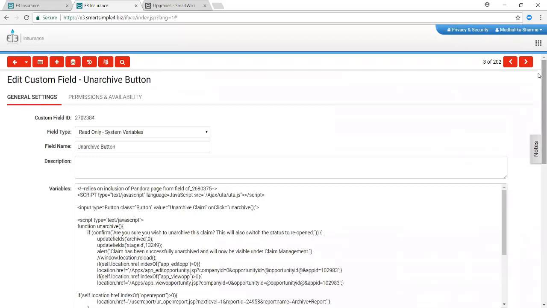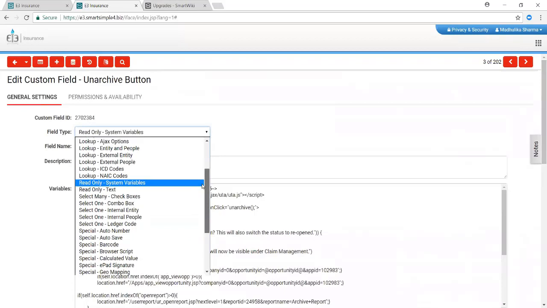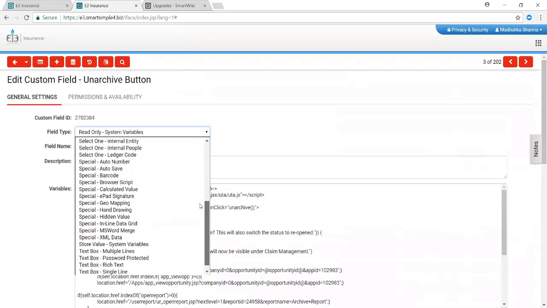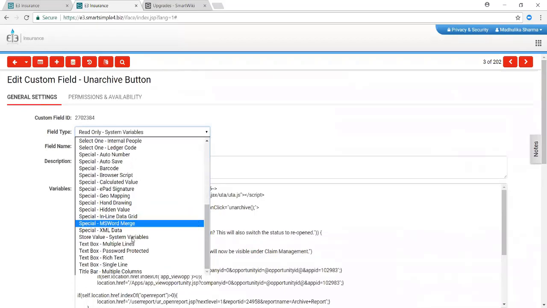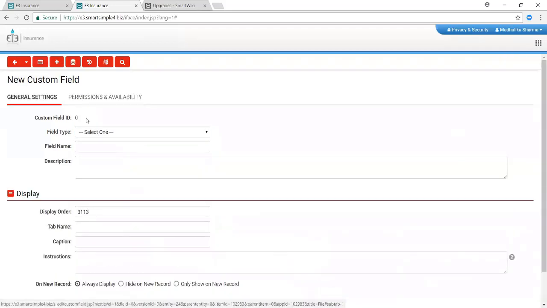So nothing has been removed, but we have just modified the page to make it more user-friendly. The other big change here is that the field type names have been revised and updated, in addition to some of the other changes. Like, if you remember the text box single line. If you were to create a new field and you want to create a date type field, currently